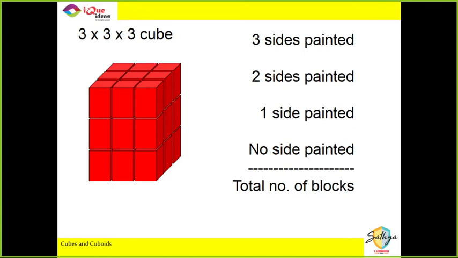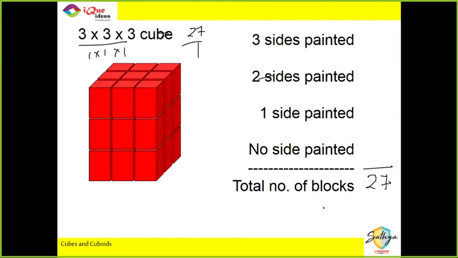The first step, always count the total number of pieces. For that I have given you the formula, right? If it's a 3 by 3 by 3 cube, then you divide it by 1 by 1 by 1. So 27 divided by 1. The total number of pieces is 27. Remember this. Total number of pieces in this example is 27. Understood? 27. First step, count the blocks.